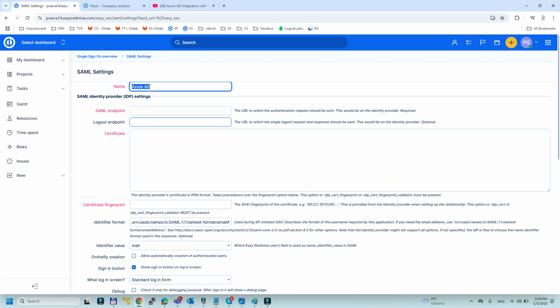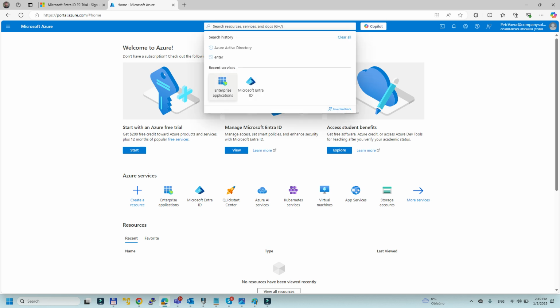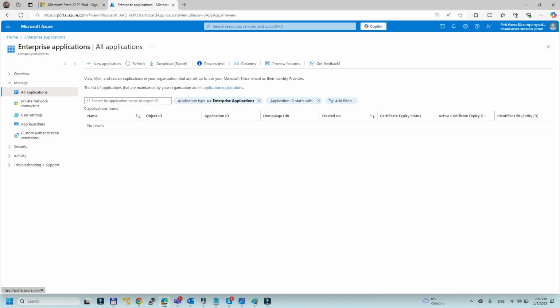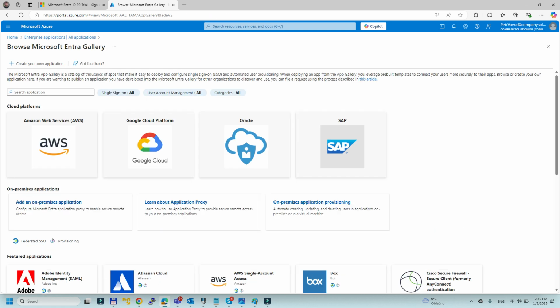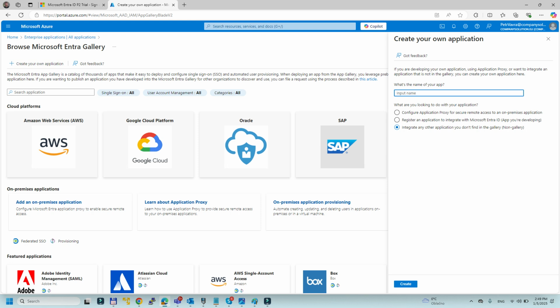But in order to connect there, you have to create the application in your Azure portal, the reference application as Easyredmine or Easyproject. So let's get to the Azure, and then I will go to the section called Enterprise Applications. And here we have to create the new application, which will be the reference in the form of the Easyredmine. So let's click on new application, create your own one. I will call it Easyredmine or Easyproject, it doesn't matter. Click on create,